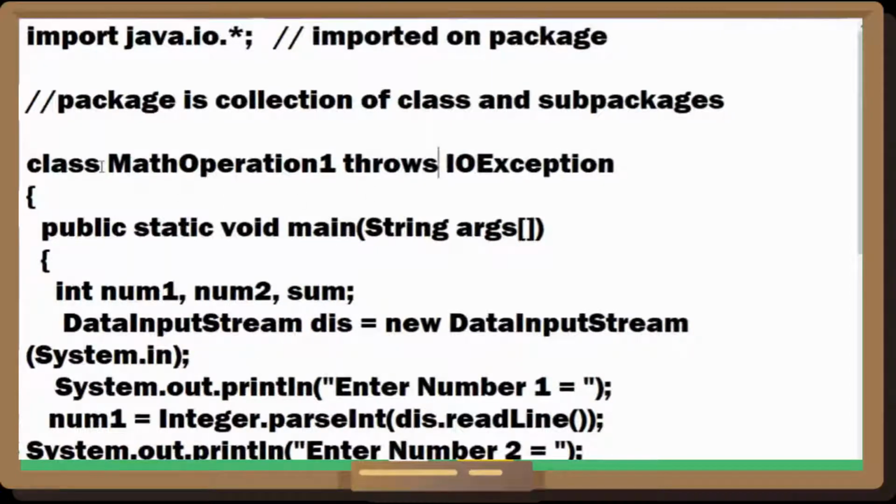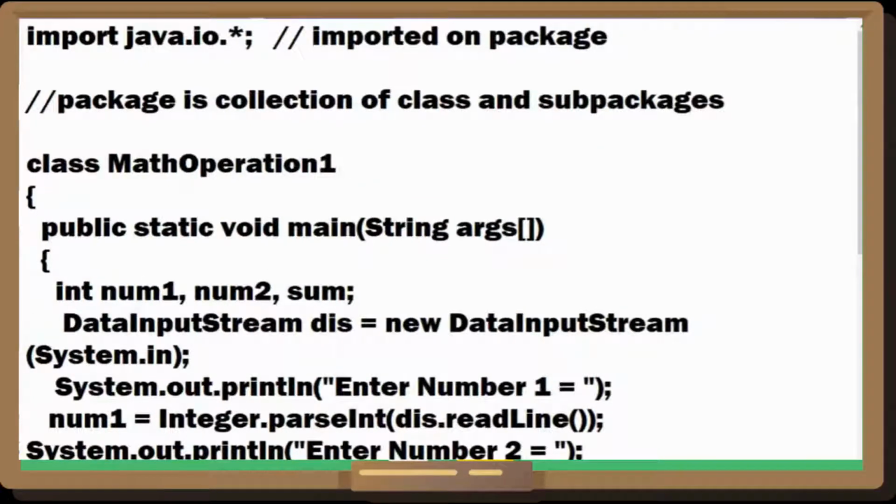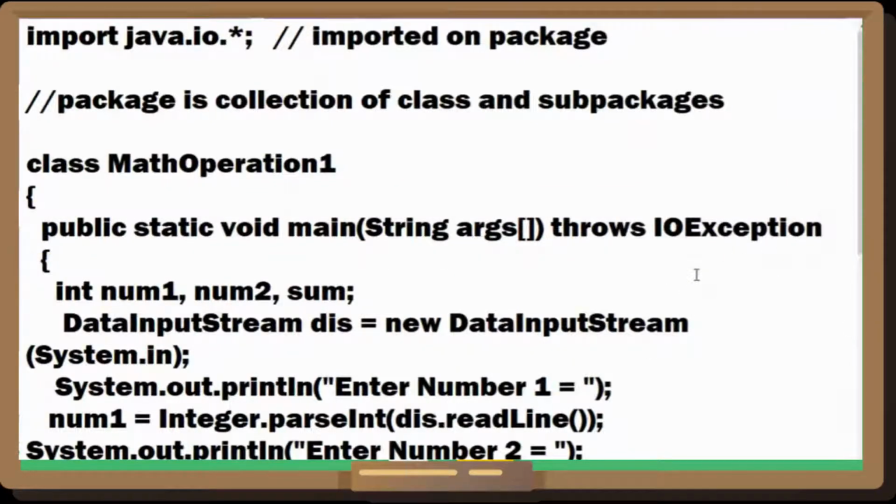So whenever I am writing any code, what I am supposed to do is, I am not supposed to write it at the class. Generally students make this mistake. I am supposed to handle the exception, that is throws IOException. This I have to take care of. So now any exceptions will be taken care of by the system. This I'll explain in detail when I take IO exceptions.